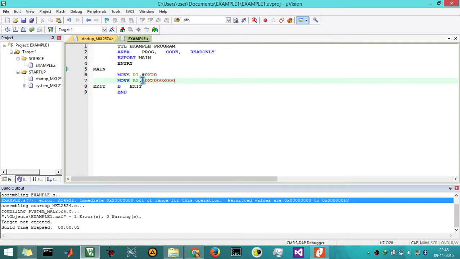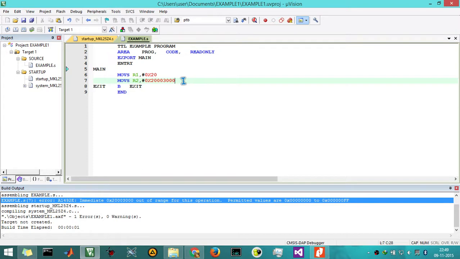We already know that placing a hash in front of a number makes it the immediate addressing mode of operation. In this mode, the maximum number that is allowed to be loaded into a register is 0 to 255. Now what do we do if we want to load a value greater than 255 into the register directly? That value needs to be stored in some other register or in a memory location. There is no way a register can hold such a large value with the help of immediate addressing mode. So the only way is to have the data of 32-bit capacity in a memory location.